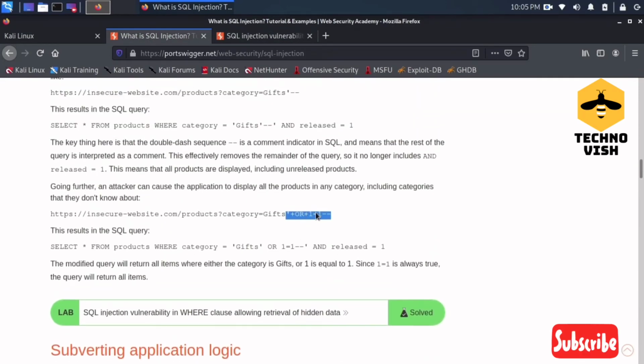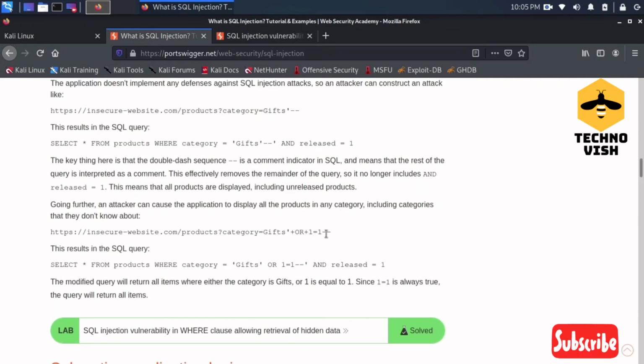In this case we use OR 1=1. The query works as SELECT * FROM products WHERE category = 'Gifts' OR 1=1. 1 equal to 1 is a true condition, and if it is true then it shows all the products.